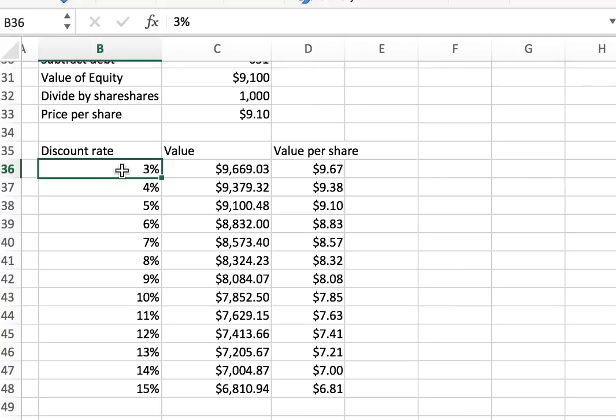So in this case, at $9.10 here with our discount rate of 5%, we can say it's a moderately safe stock at $9.10. As the price falls, obviously the stock becomes riskier. So the way to calculate this, or the way to set up this chart, obviously the 3, 4, and 5% is easy to do. You just type in